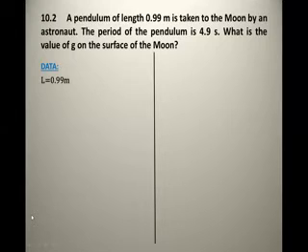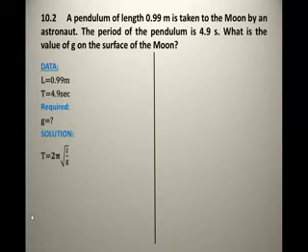Then tell me further. The period of the pendulum is 4.9 seconds. ठीक है, as we know that time is equal to 4.9 seconds. Capital T, time is equals to 4.9 seconds. Further. What is the value of g on the surface of the moon? Okay, now look at further. This is our requirement. We have to find the g. Okay, this is solution. We are writing the same formula as well. Then further.